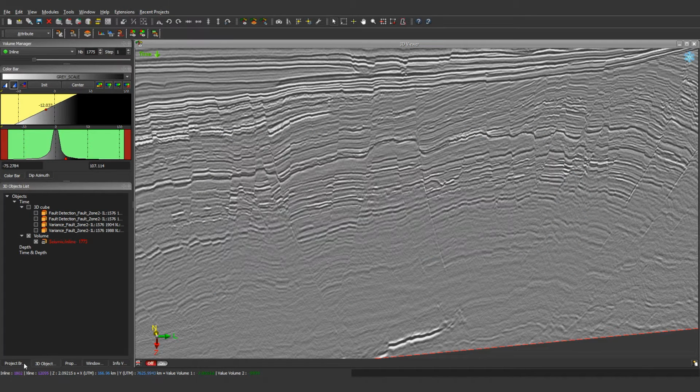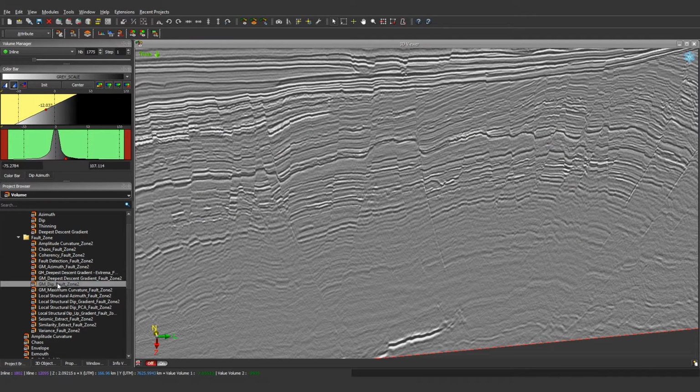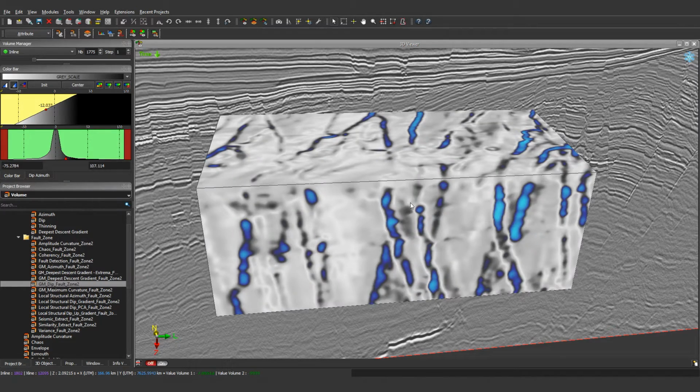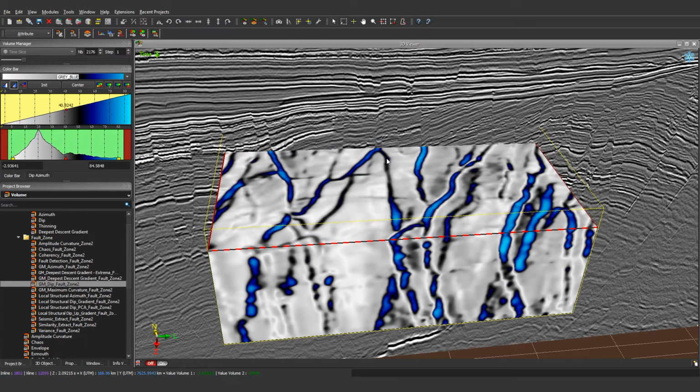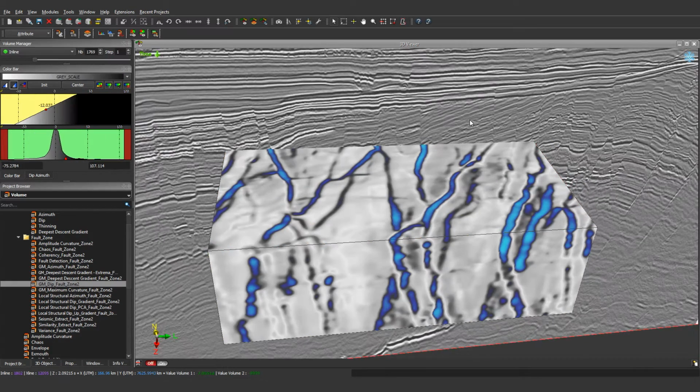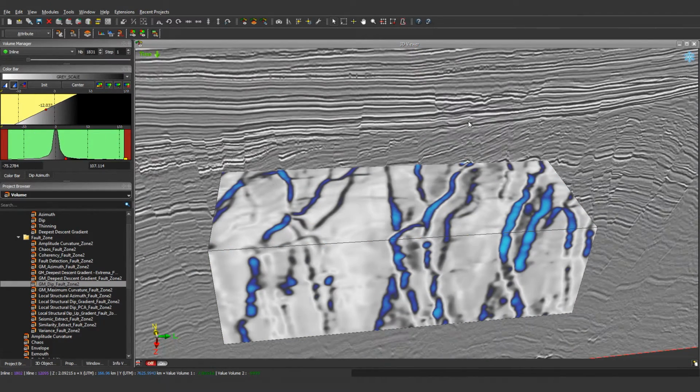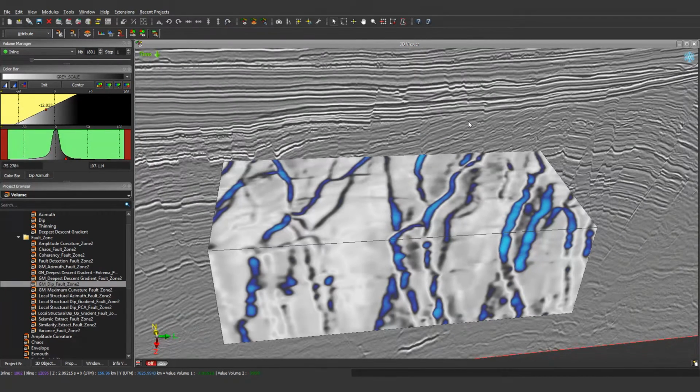So now if we just switch off these attributes and look at the model attributes, the same way, we can see the dip variations, which show of course the main faults which have the greatest dip angle, in a blue color like this. And again, by slicing my seismic background, we can see that the dip is very sensitive to the fault.